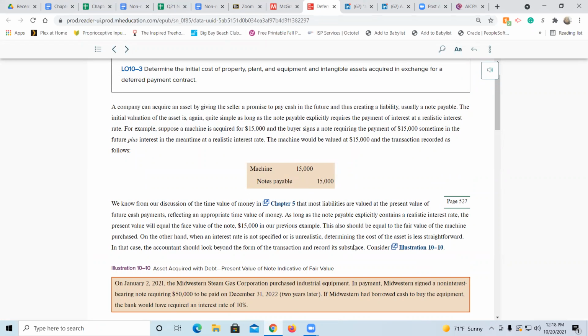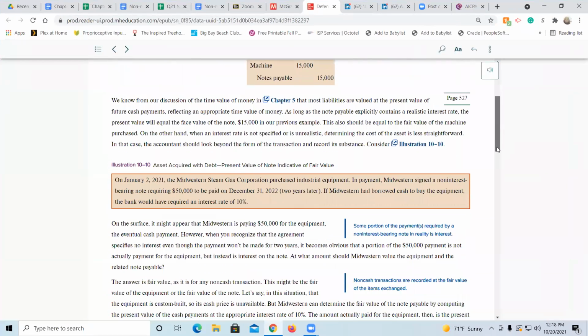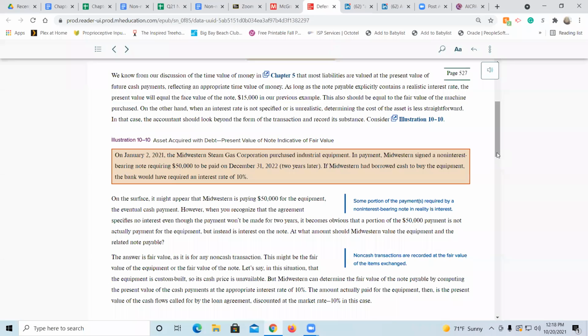Now, the way the deferred payment situation works is we're saying, under normal circumstances, when a company buys an asset and signs a note payable, the fair value of the asset, in this case a $15,000 machine, is also the same as whatever's being recorded as the note, because you have some realistic amount of interest being charged, and it's all good, right? You don't have to worry about it. Where questions may come up is when there's no interest rate, or when the interest rate is unrealistic. And so at that point,